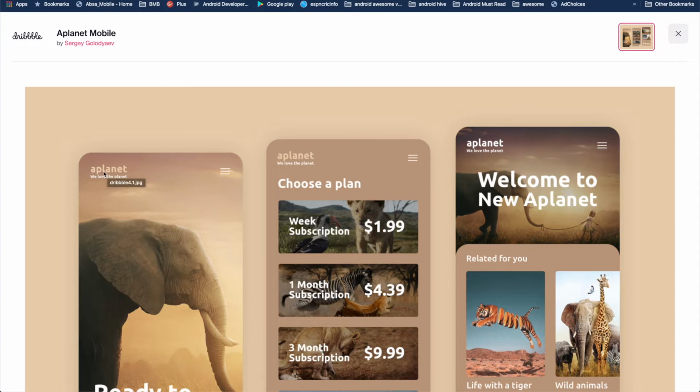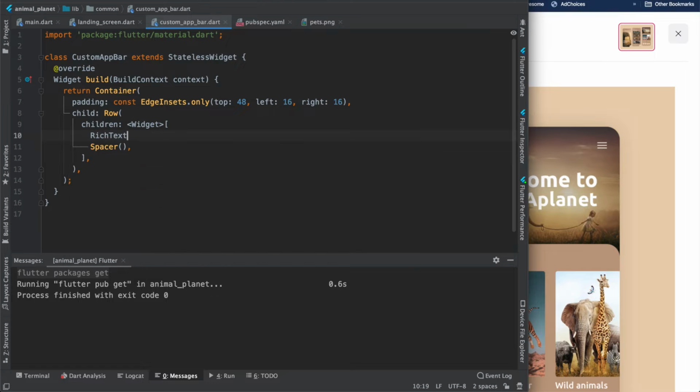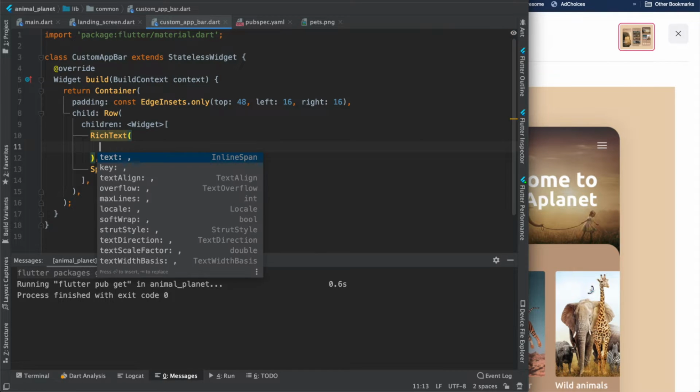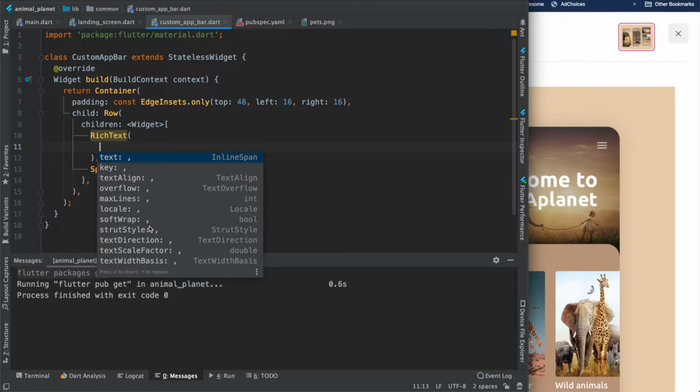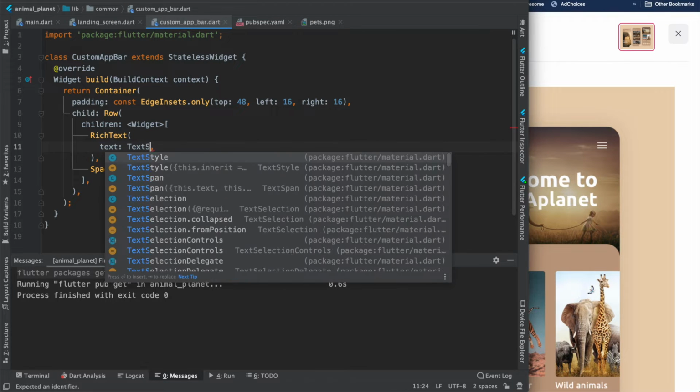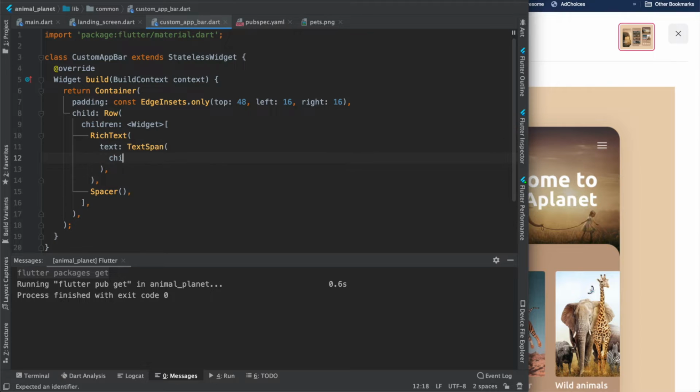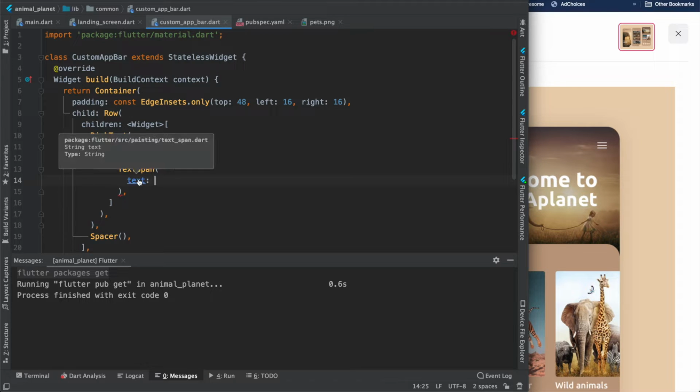We can take this whole thing as one, which we will do right now. So I'm going to take rich text, which takes children, text span, which takes children. Then again this takes text span, which takes text. I will apply fonts later on, but right now in the text field we can give a string. So I will give a planet style,